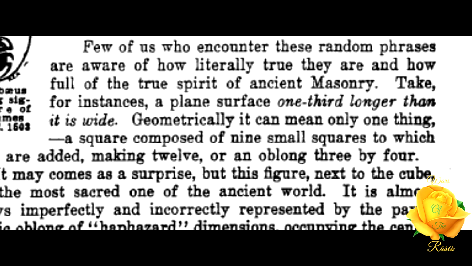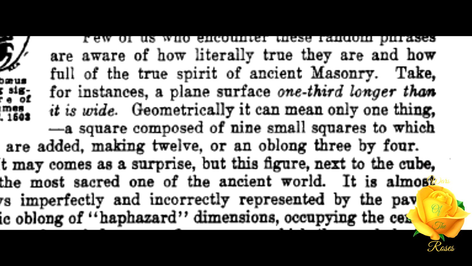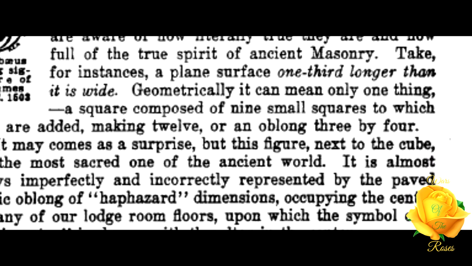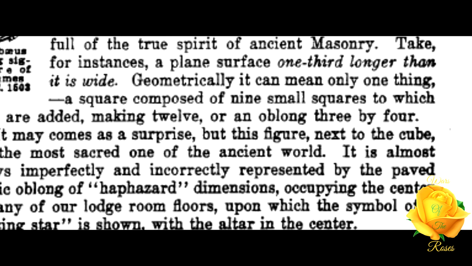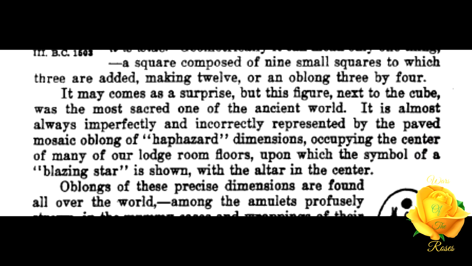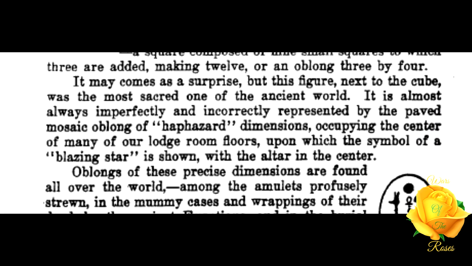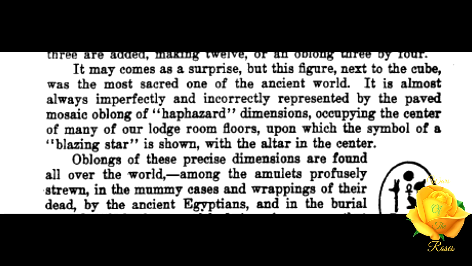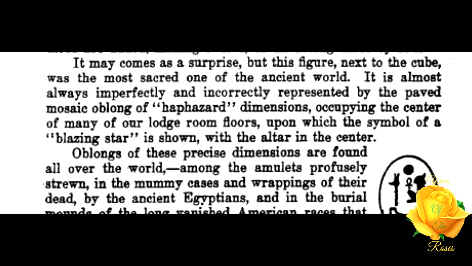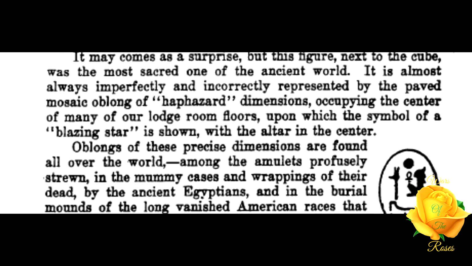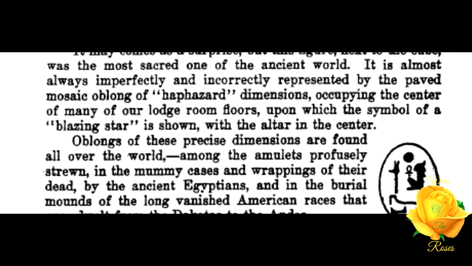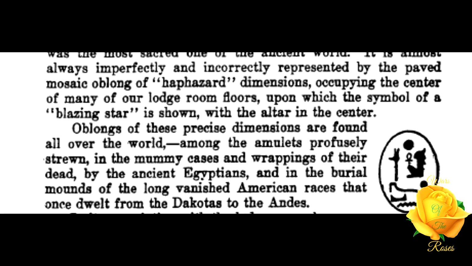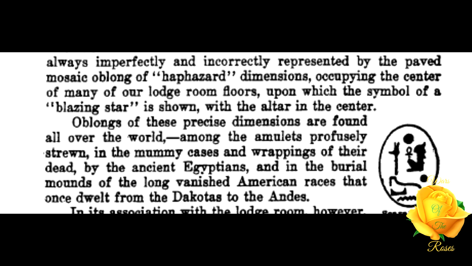Take, for instance, a plane surface 1/3 larger than it is wide. Geometrically, it can mean only one thing: a square composed of 9 small squares, to which 3 are added, making 12, or an oblong 3x4. It may come as a surprise, but this figure next to the cube was the most sacred one of the ancient world. It is almost always imperfectly and incorrectly represented by the paved mosaic oblong of haphazard dimensions, occupying the